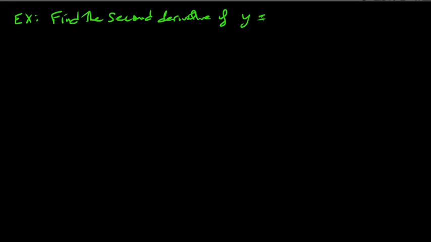Let's do another example before we go to the interpretation. Let's find the second derivative of, how about sine of x? So this should be pretty easy. So y is sine of x. So the derivative of y,